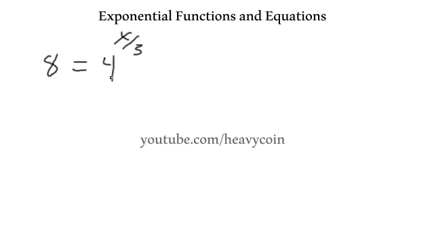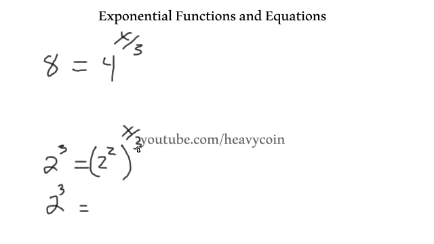So the idea is we want to get both these numbers to be the same base. The way I'm going to do this one is I'm going to say 2 squared raised to the x over 3, and then this one here will be 2 to the third is 8. Now we have both the same base, so I'm going to rewrite this 2 to the third, and then we multiply exponents, so we have 2 raised to the 2/3 x. Well, now that we have both of our bases the same, we set our exponents equal to each other